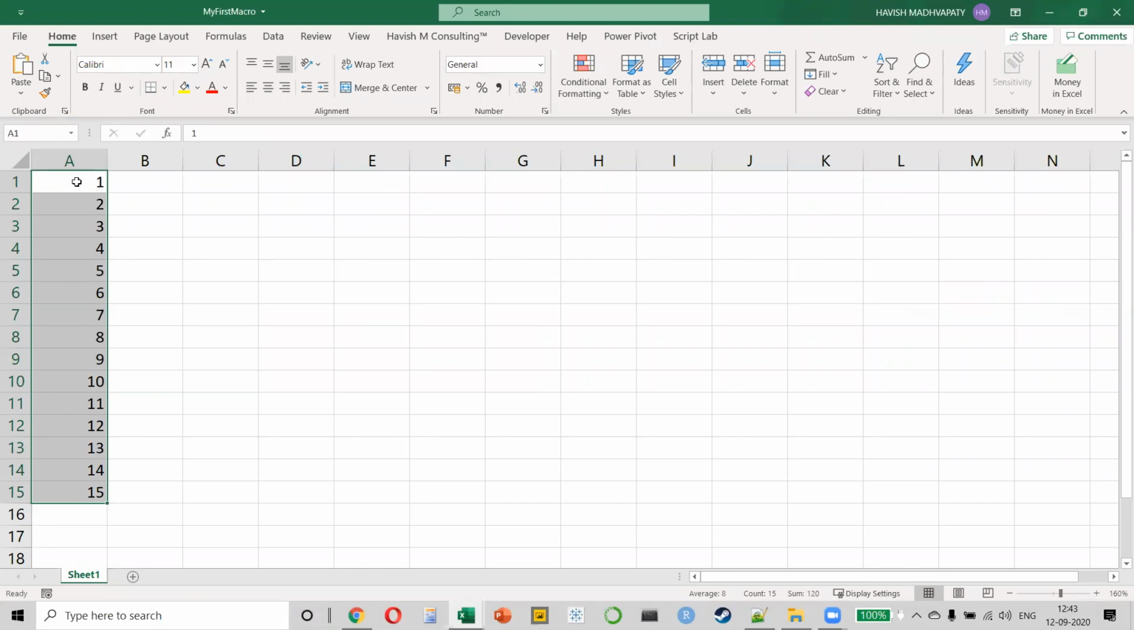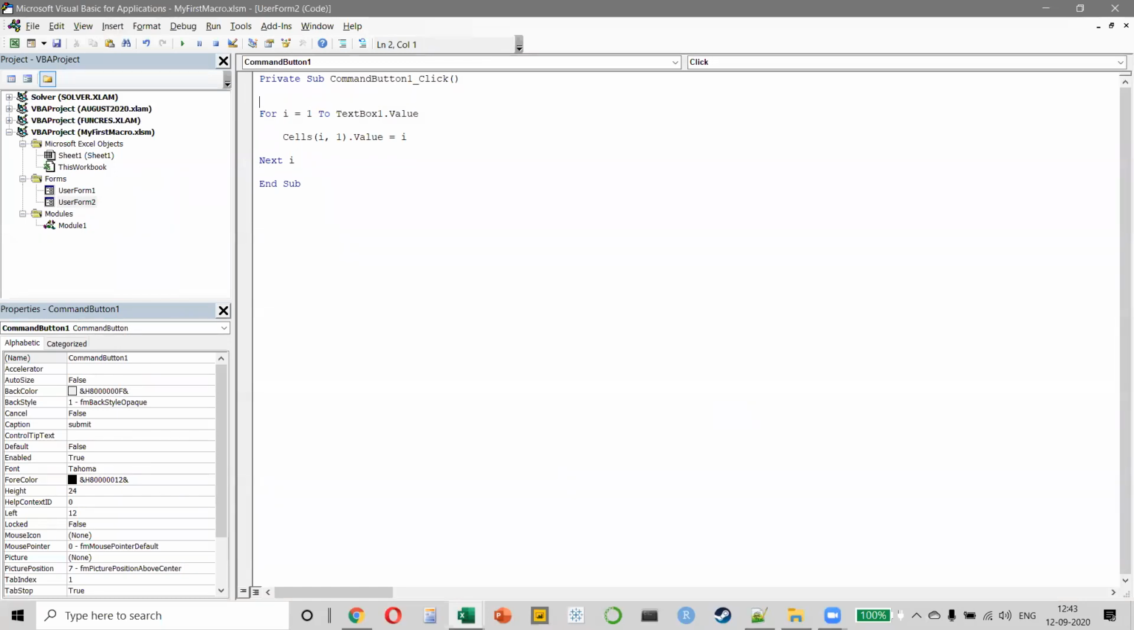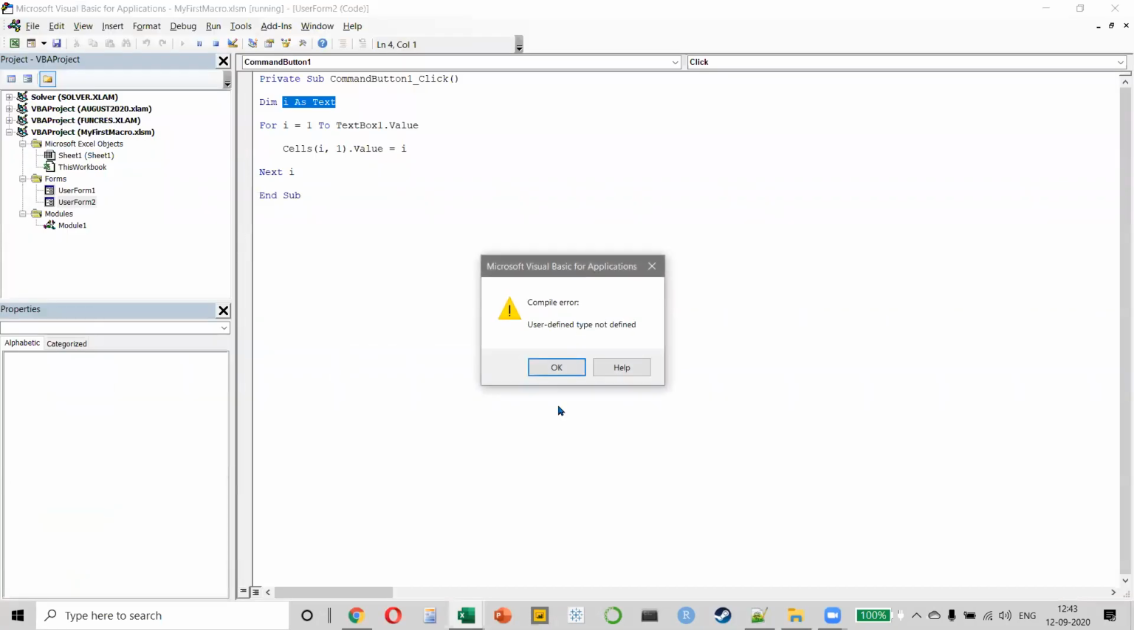See, in a lot of languages, you will have hard typed data types, right? You have to declare the data types. In Excel, if you want to declare it, you can. Like I can say dim i as integer. If I wanted to do this, I can do this also. If I say as a text, and then I run my code, this time what will happen is,